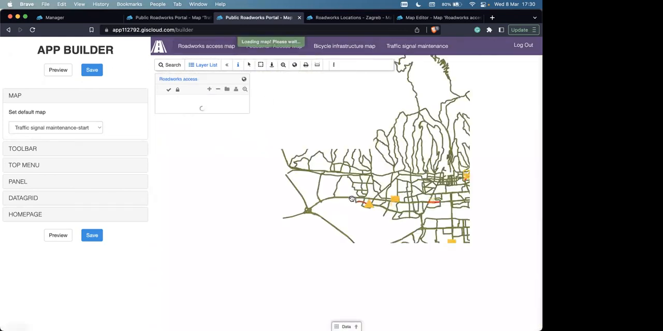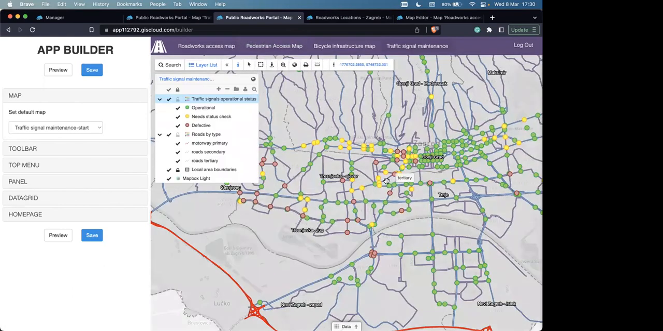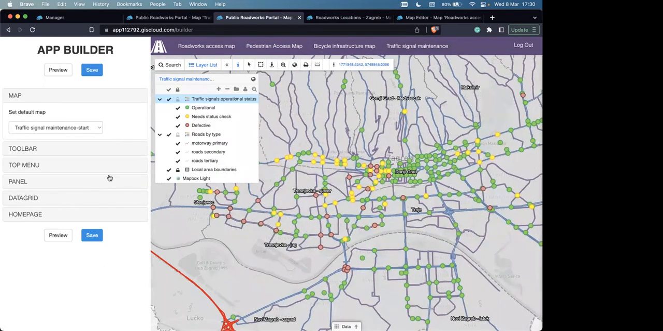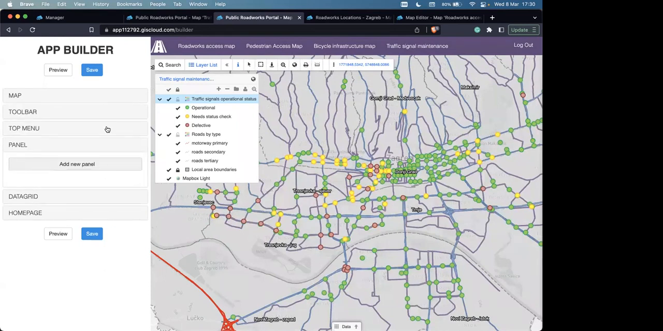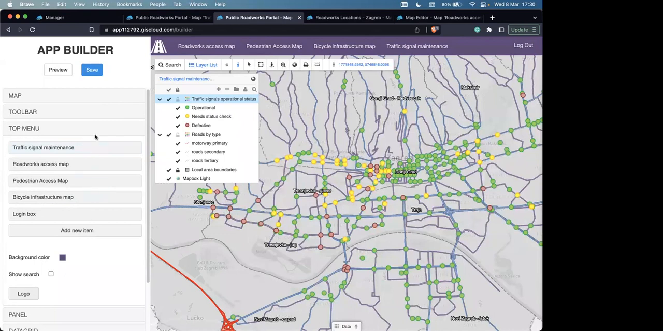Our roadwork access will open up as well. Traffic signal maintenance, so that's our original one. And let's actually go ahead and make this the first one, so we can rearrange things as needed. Okay, so we have our maps, we have several different ones,